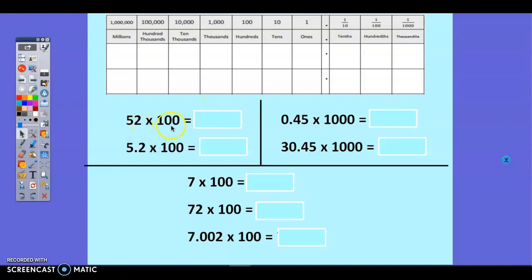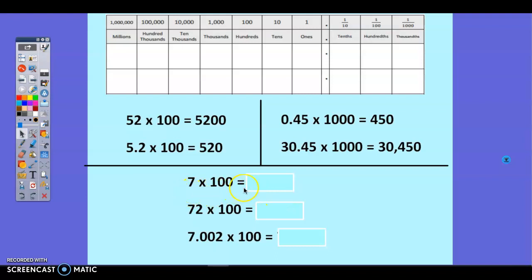All right, 52 times 100. 52 times 1 is 52, plus 2 zeros is 5,200. 5 and 2 tenths times 100. It's going to be 2 place value jumps, so we'll add a 0, making it 520. 45 hundredths times 1,000. That's 3 place value jumps. We only have 2, so we'll add a 0 and make it 450. 32 and 45 hundredths times 1,000. We'll move 3 place value jumps, which we only have 2, so we'll add another 0 there, giving us